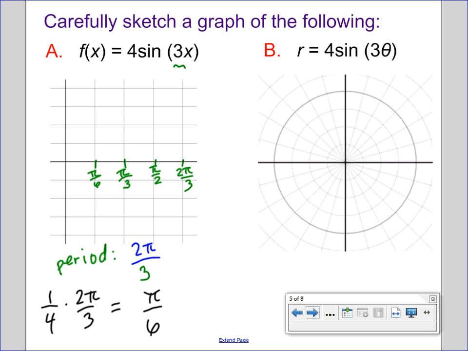What else has changed? My amplitude. The amplitude on this is 4. So my center line is at y equals 0, and I'm going to go to my max in the first quarter period. I need to go up 4 units. So we better go 1, 2, 3, 4, and -1, -2, -3, -4. How's that? We okay? So let's go ahead and make that picture, 0,